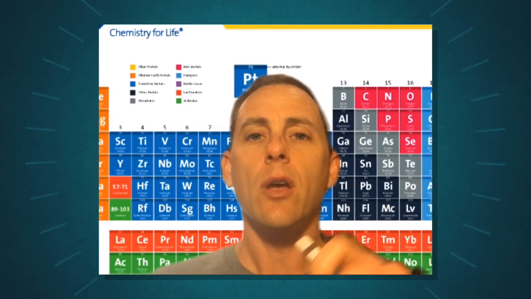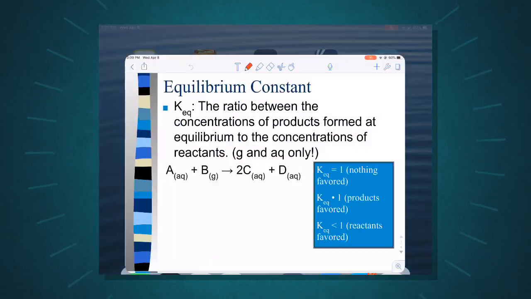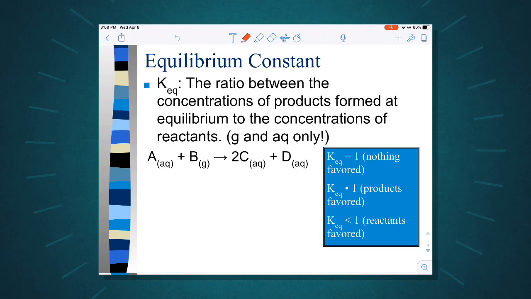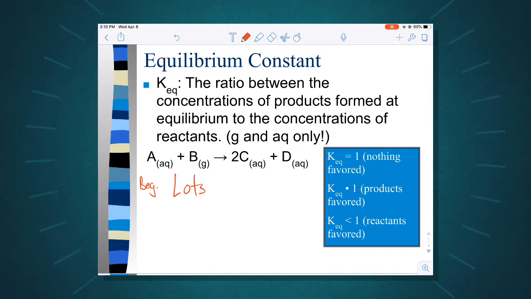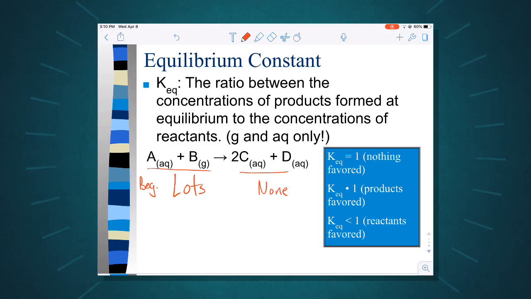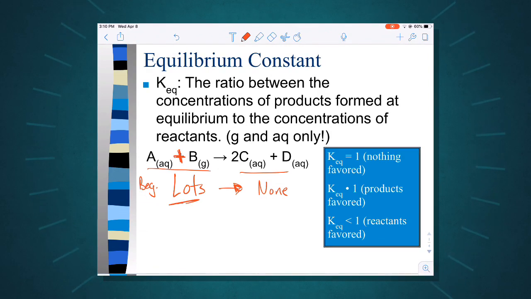Now, at this point, we're going to go ahead and flip over to Notability, and we're going to see a reaction here. Now, in this reaction, we're just staying very simple. We're just using A plus B equals 2C plus D. But the idea is when we're looking at these chemical reactions, we have a situation where we start in the beginning. There might be lots of reactants, right? There's lots of reactants and there's none right here. And so we know that in the very beginning of the reaction, it's mostly going to be going in the